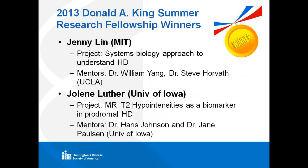King Summer Fellowships. This year, the fellowship winners were Jenny Lin from MIT. Jenny was working with Dr. William Yang and Steve Horvath at UCLA, where she was using systems biology, an unbiased approach, to look at a massive amount of data from both HD mouse and rat models and human brain material to better understand the disease